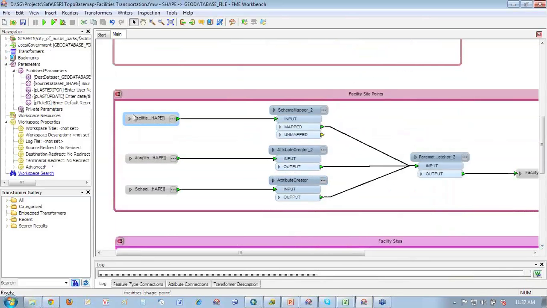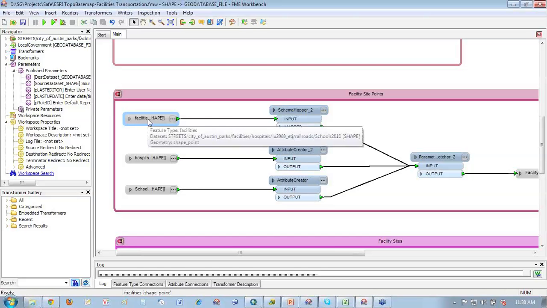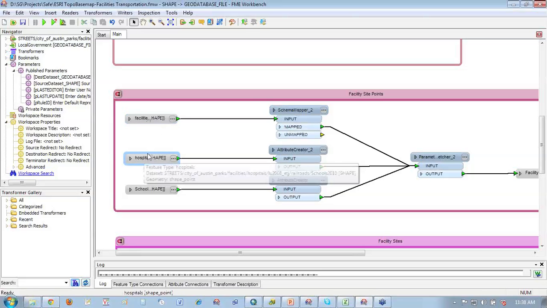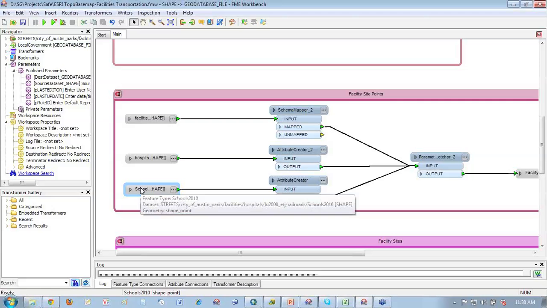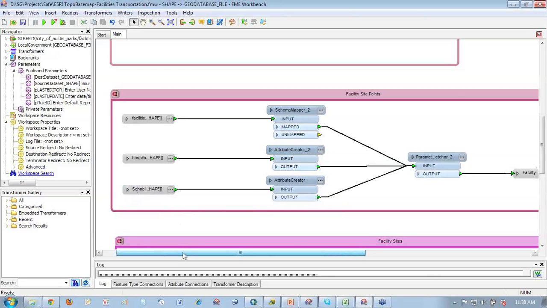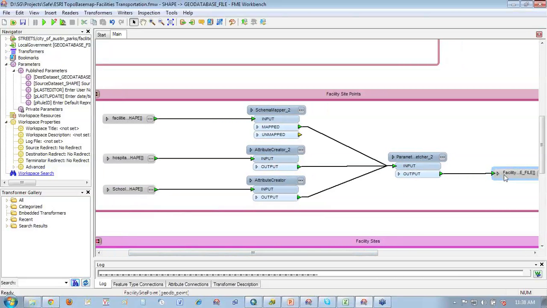The first one is in many cases we'll have multiple shape files. Like here we have, in this case, these are for points. We have a bunch of facilities, and these would be things like parks and hospitals and things like that that the city's already got as shape files. But of course, usually, when you talk to most local government organizations and they say they have 300 layers, usually around 200 or more of those layers would actually be a shape file for hospitals or a shape file for schools, or actually maybe 3 or 4 shape files for schools for different levels of schools and that kind of thing. And what this data model does is it collapses those things down into one facility site point with subtypes and domain values inside of them.